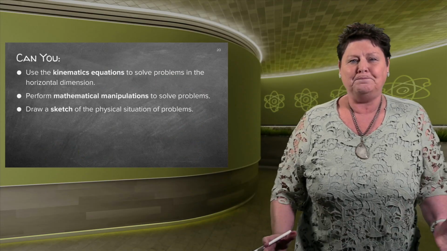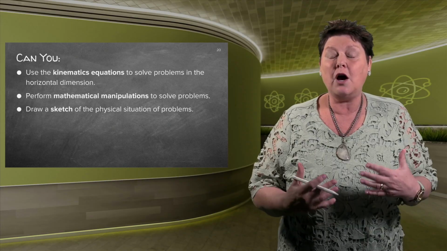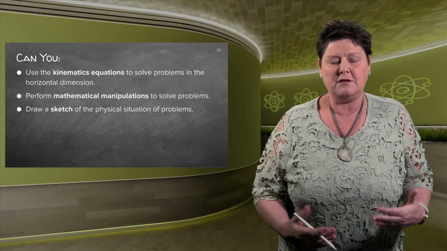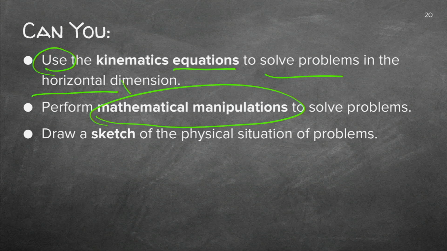Right, to summarize the whole idea of equations, you know where it came from. You don't have to know that. You have to be able to use these equations to solve problems. It's only horizontal. You have to perform the manipulation of the math. And guys, be careful. Remember square. If there's VF square and you need to calculate just VF, remember the square root. Small little mathematical ideas that sometimes we forget when we're busy with physics.